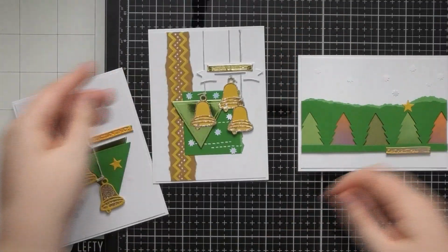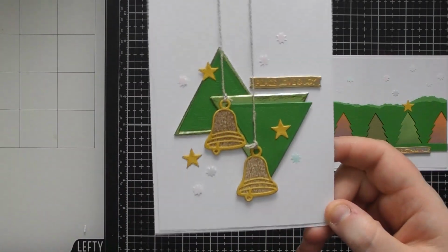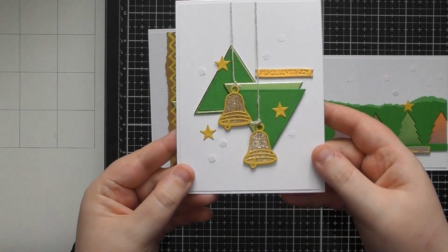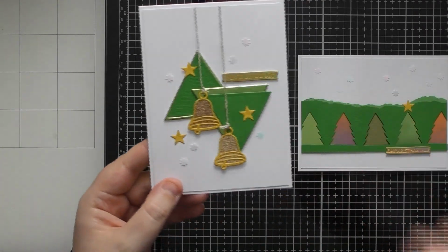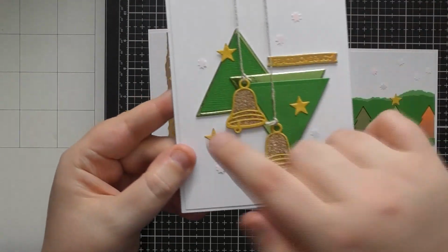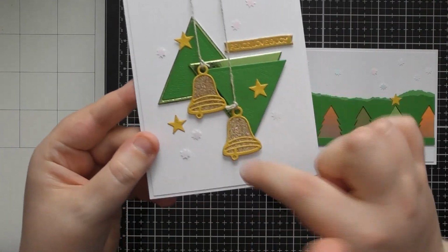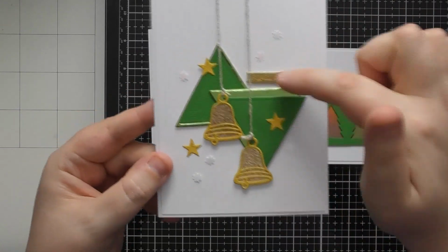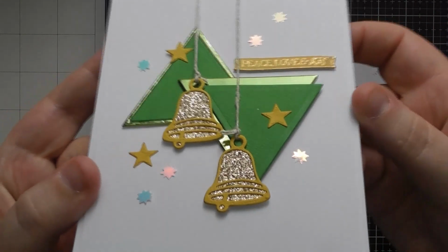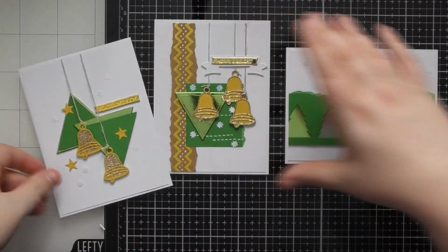And then the final card is this one, which I think this one was going to be my favourite, but I don't know whether it quite came out as I wanted it to. I actually feel like this one's my favourite, but I do like the sort of cluster element of adding 2 of the triangles up the different ways and bringing the bells over the top, and then you've got like the little banner in there as well. I do quite like that. So 3 sort of different ways of how to use a few of the smaller dies from the Festive Votive